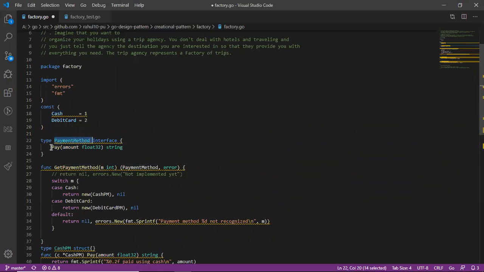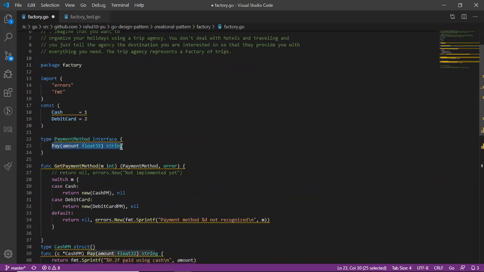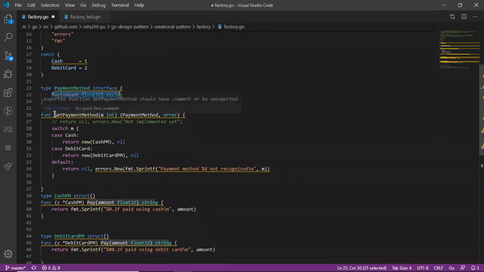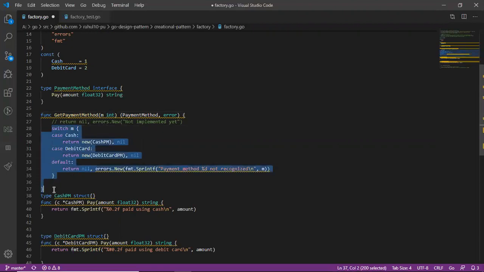Inside this we have a signature called pay. This is the function which will give us the instance of a different payment method based upon the condition passed as a parameter inside this function. Suppose it will be 1 or 2, right? Cash represents the integer 1, debit card represents the integer 2. This function will accept either 1 or 2, whether it is cash or debit card. Based upon the requirement, this switch case will give the required instance